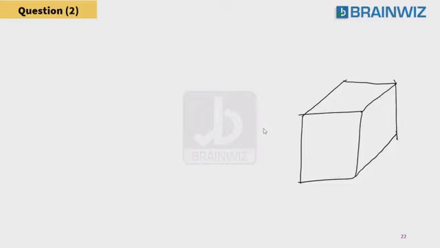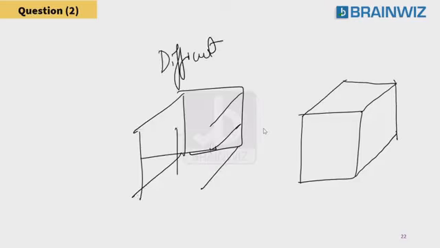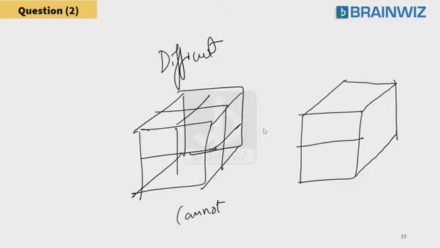Join this line. Some people have an idea to do like this. Make 2 squares and join the corners. Yes, take 2 squares and join the corners. But this is very difficult for you to count. After cutting, you cannot count. But if you see here, after cutting also, the pieces are very easy to count. Are you understanding, everybody? So that is the best way of doing.